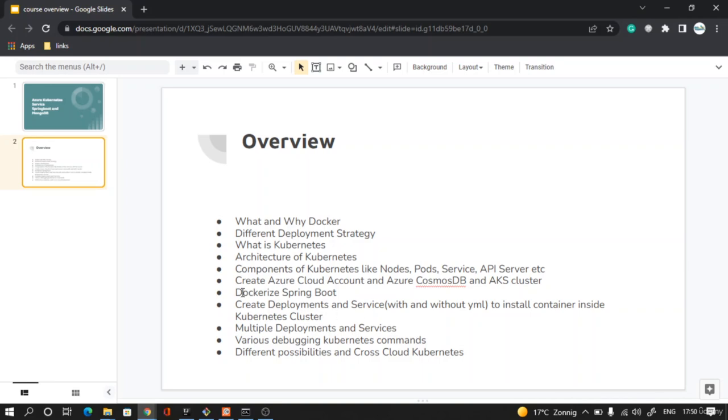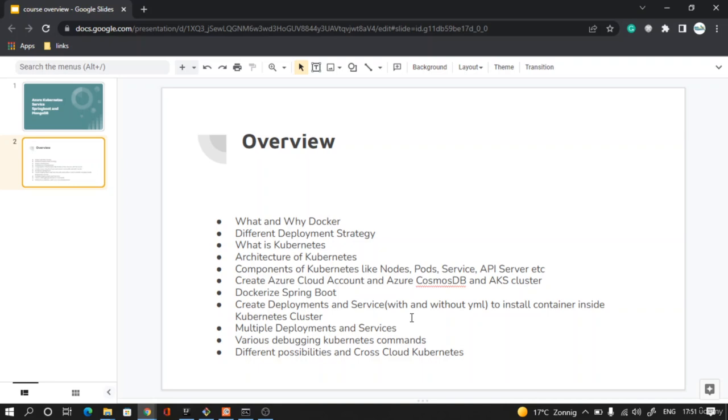So here we will take an example of Spring Boot with MongoDB, but the same solution that we will talk about in this course can be applied to any application. It can be in Python, .NET, PHP, Node.js, or any database: Cosmos DB, MongoDB, any NoSQL database, or any SQL database like MySQL, Postgres. So we can apply any kind of application with any kind of database strategy,